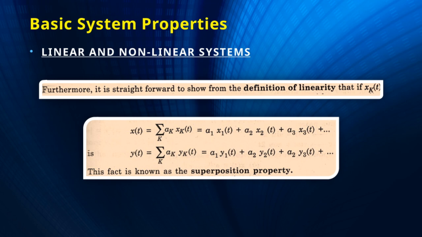For linear systems, key properties include superposition and scaling. Superposition means that the response caused by two different inputs can be added together to find the total response. Scaling indicates that if you multiply an input by a constant, the output scales by the same constant. These properties make linear systems much easier to analyze and predict. On the other hand, nonlinear systems don't follow these rules. Their responses can be much more complex and unpredictable, which is why they often require different analytical techniques.